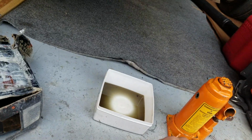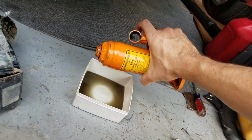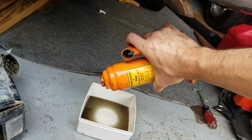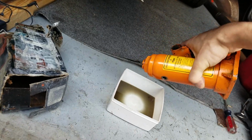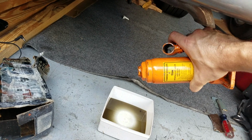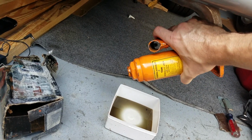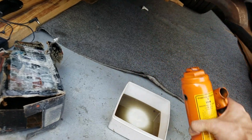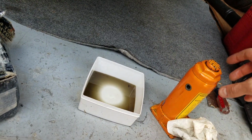So that's your first step, removing that plug and not mangling it. Second step, I would probably drain the old stuff out if you can. I think I got most of it out already. And then third step, I gotta go to Home Depot. This seems to have the cheapest price, $5.99, and get some jack oil, 32 ounces, or you can get a